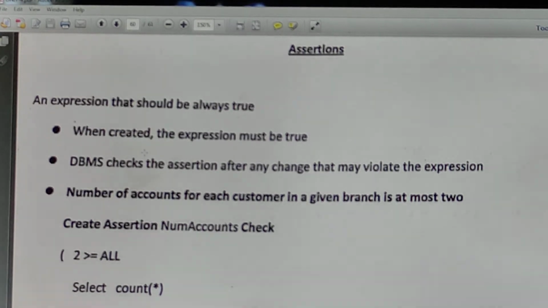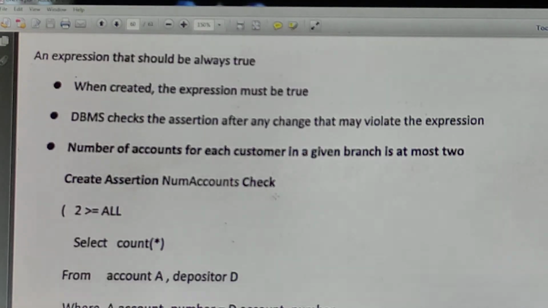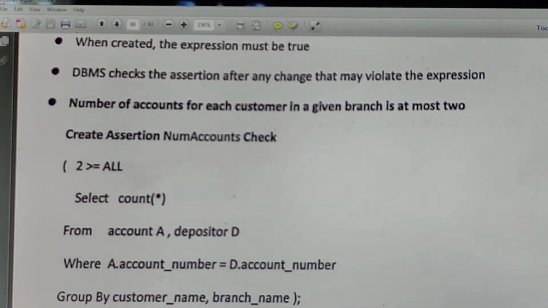So when created, the expression must be true. The DBMS checks the assertion after any changes that may violate the expression. Suppose the number of accounts for each customer in a given branch is at most 2. So this is the way to create an assertion. Create assertion, the name of the assertion, create assertion num accounts, and this is the check constraint. What constraint are we applying?